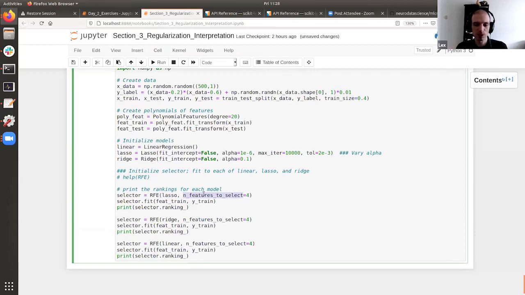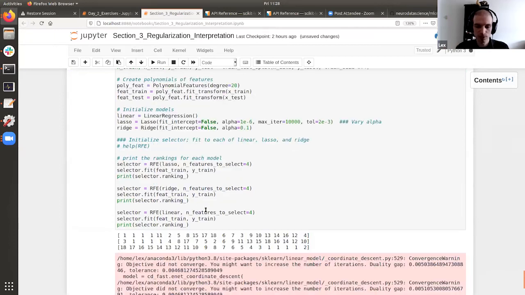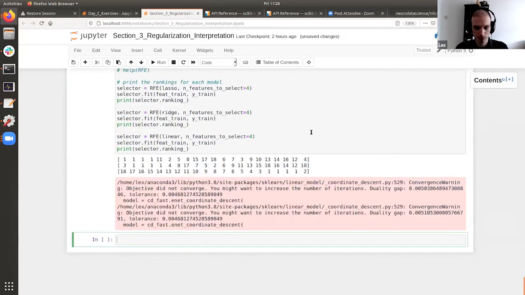So if you say, okay, well, I've got 20 features, but give me only the 5 that are ranked most important, then I'll just say, okay, well, these 5 are rank 1, and then give you a rank for all the other ones. So here we just do the same thing for each one, and then print out the rankings for the different features. If we run this cell,